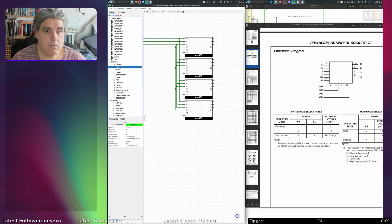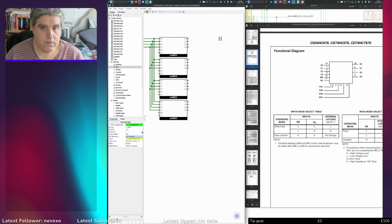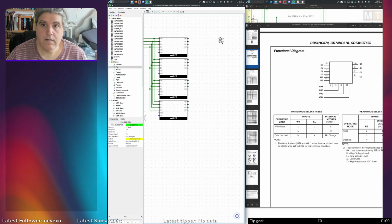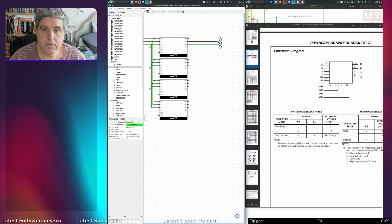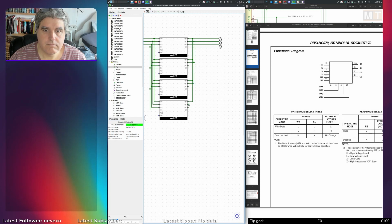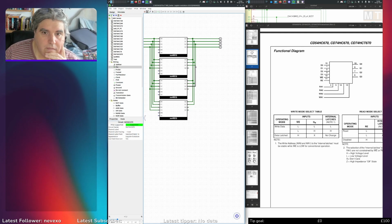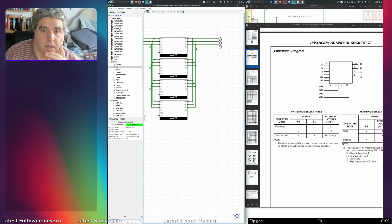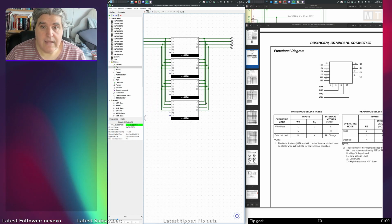The same with the output. Let's send that to be west. Output 3 state. 2, 3, 4 of those. Oops. Connect all the outputs up. Go one more. Q3. There. Okay, now the trickier part